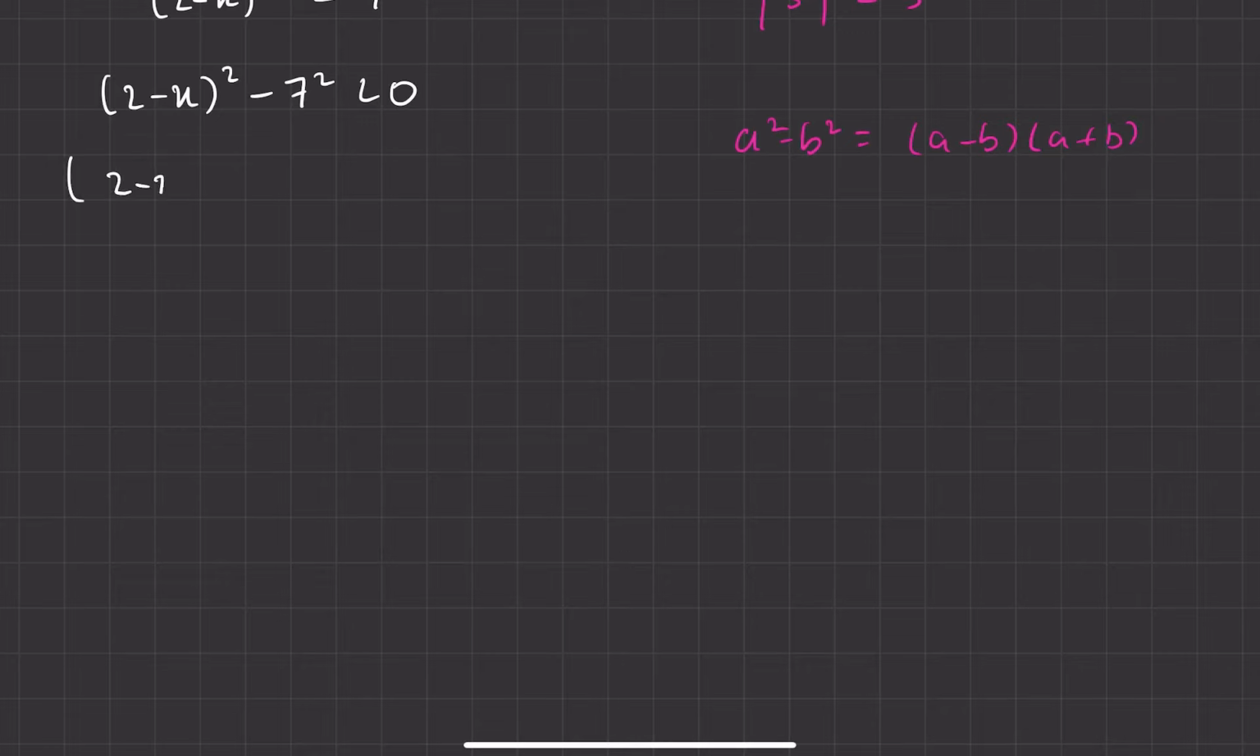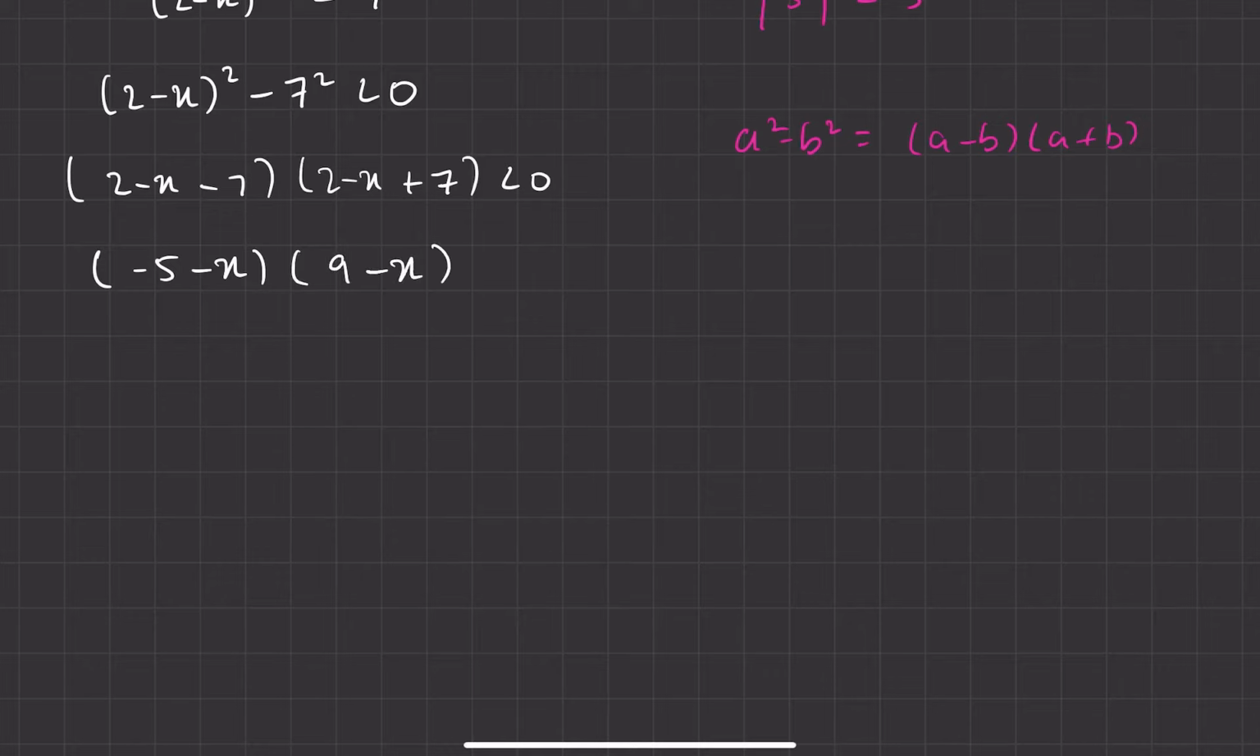So, 2 minus x minus 7, times 2 minus x plus 7. Hopefully you guys followed along with that one. We can simplify the insides: 2 minus 7 is minus 5, and 2 plus 7 is 9, so minus 5 minus x times 9 minus x